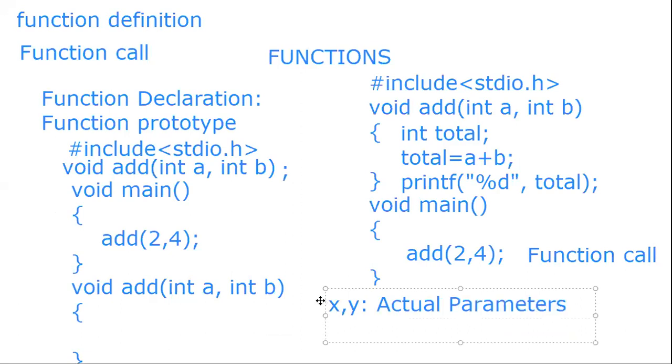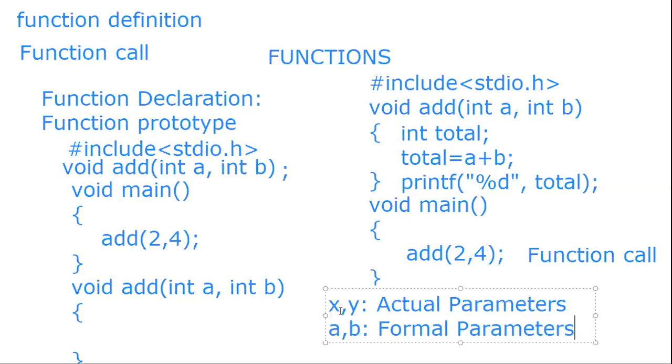And we have in the function prototype a comma b. In the function, whatever variables are used, they are called formal parameters. Very important to note this. These can be some questions, right? Like MCQ, what is actual parameter? What is formal parameter? So we will see the difference also and how it is used.